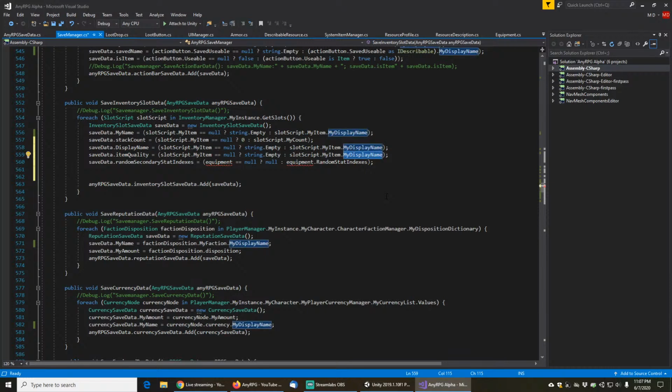And that will be my item dot my item quality dot my name. Here, same thing, if slot script dot my item is null, then we're going to save that as null. Otherwise, now here